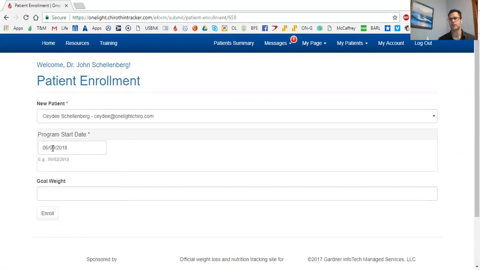Sometimes something happens, they have to go out of town, and they don't start when they want to. You can go back and change the start date later, and the patient can do that as well from their own side. But we'll just put a program start date of 06/09/18, and type in that goal weight again. As soon as you enroll them, they'll have access to the site, even though they haven't started the program. They'll have access to go through the training and go through the resources and watch the videos and all that kind of stuff. So you just simply enroll them,